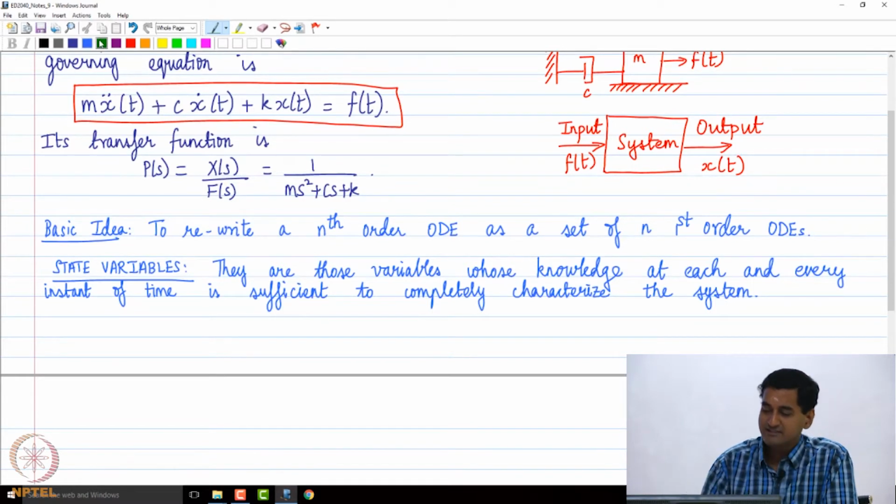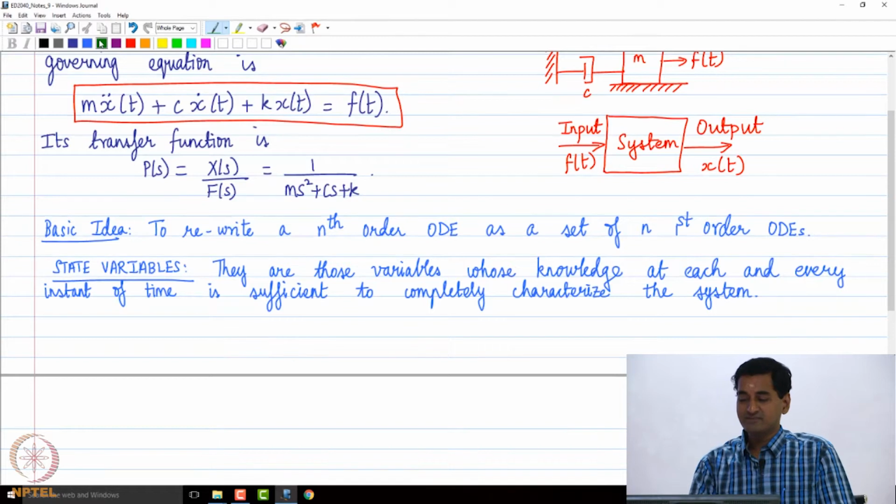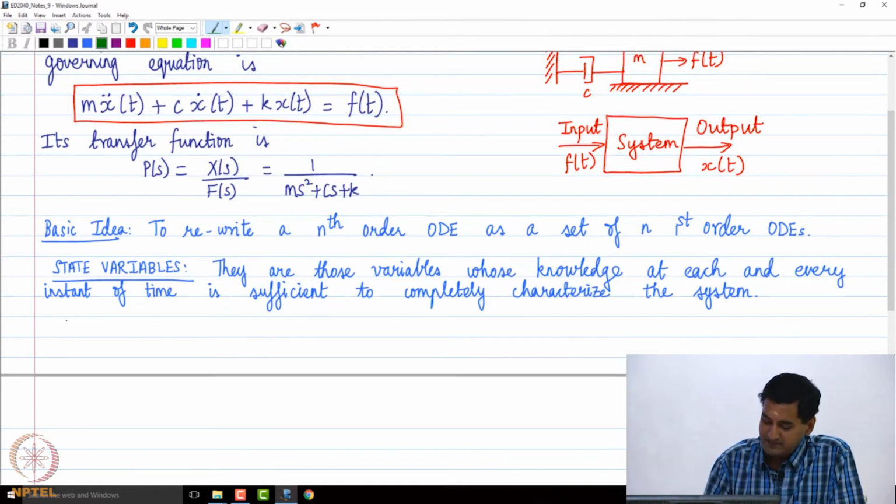So how do I get the state space representation of this system? The main step is to select